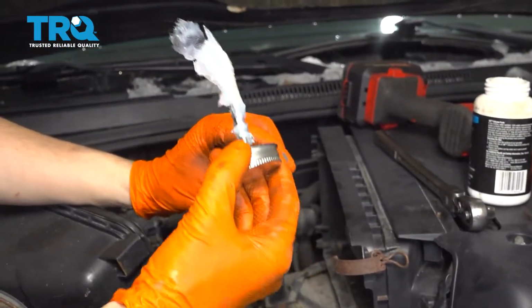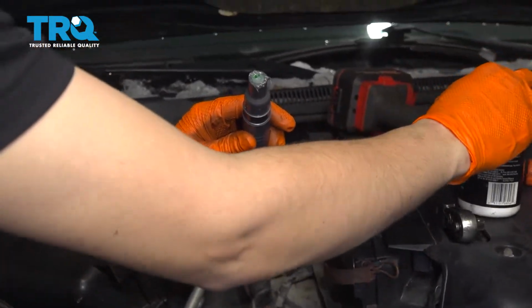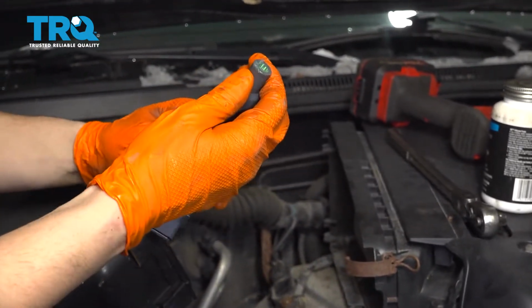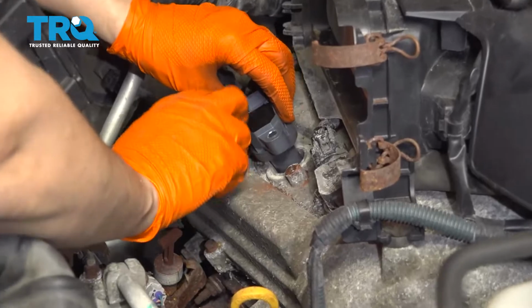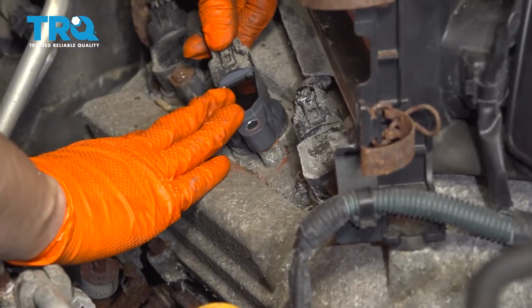On the tip of the ignition coil, right where the boot is, I like to put just a little bit of silicone paste or dielectric grease on. That's going to seal up the spark plug, make it watertight, but it's also going to prevent it from sticking onto the spark plug. A lot of times these boots will tear when they get stuck, and you go to remove it. Now reinstall your ignition coil, press it down all the way, connect the connector,